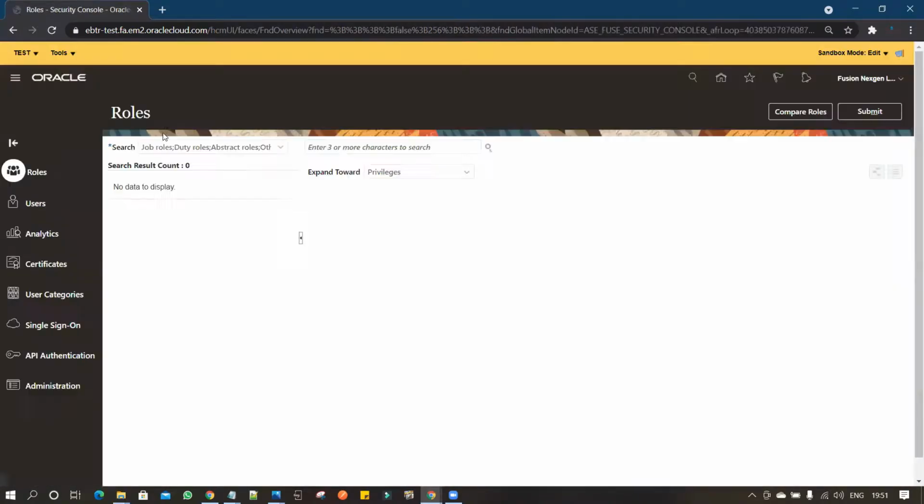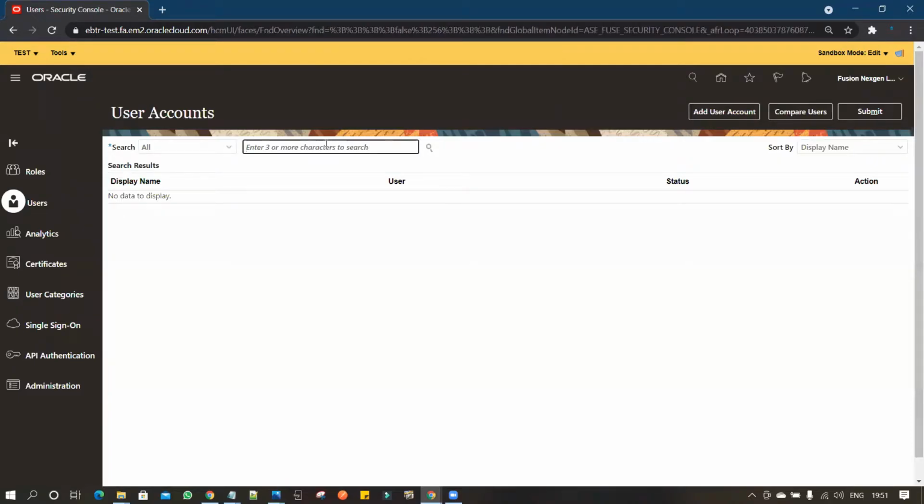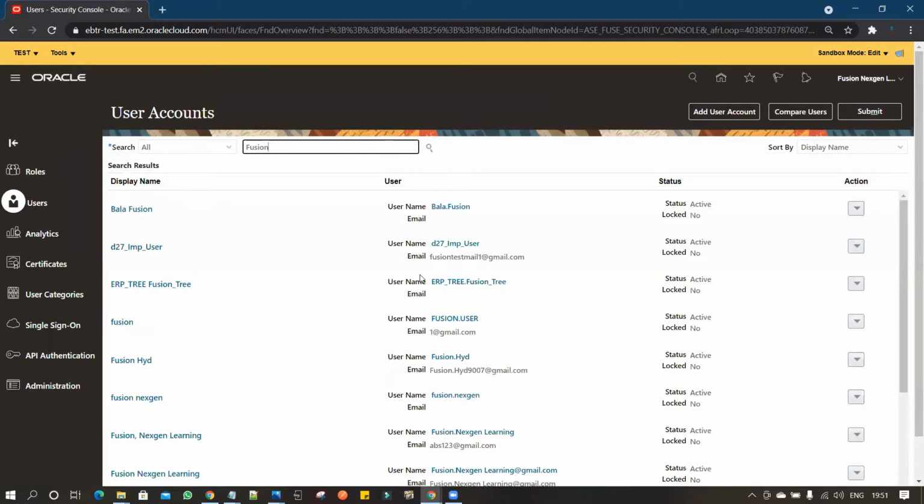Under the security console, I have to click on users and click on search, and I will search it. So I have selected my user account.